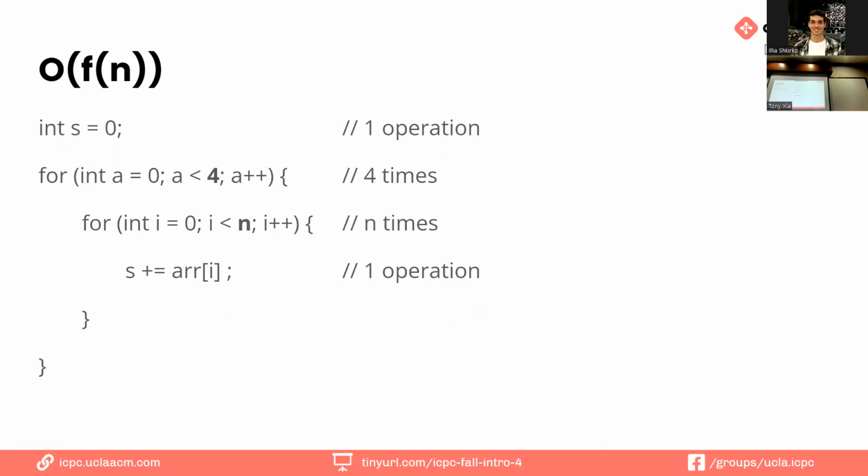As another example we have here, we're iterating from a equals 0 to 4, and on each iteration we iterate through i equals 0 to n. And then on the inner loop, we add the ith element to s. So in this example here, does anyone know what this time complexity would be? So we just for like 4n, which then